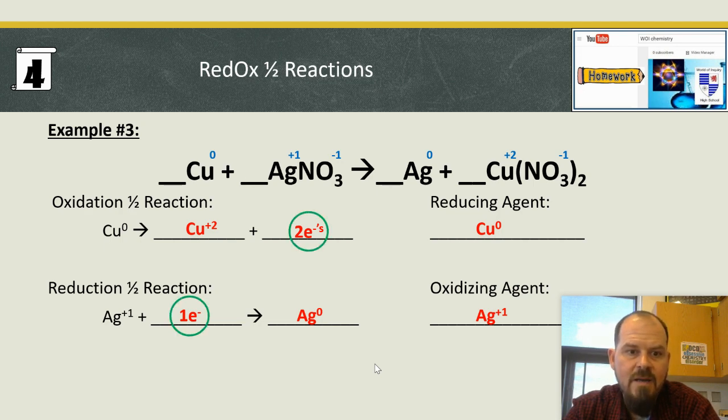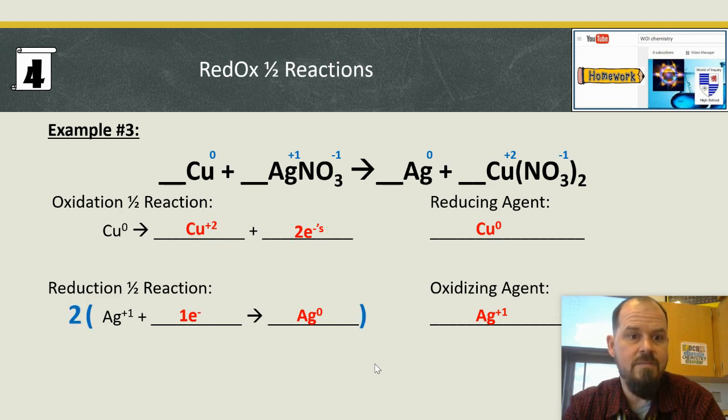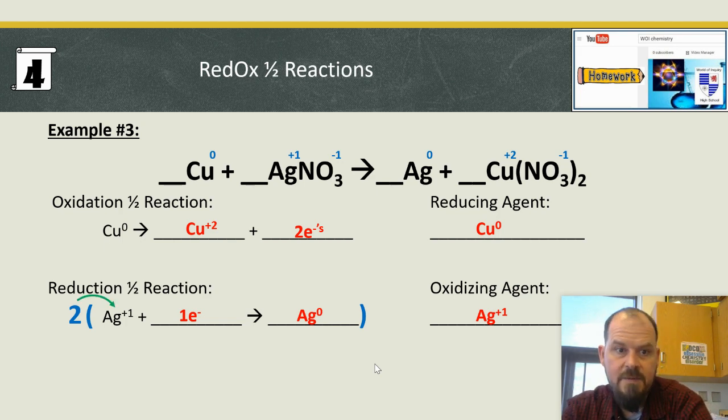So what we do is we just take this reduction half reaction. We take the whole thing because those two things don't jive. We just take the whole thing, put parentheses around it, and multiply it by 2. So now it's going to be 2 Ag +1s, right? Well, that means I need a 2 in front of the Ag +1 on the reactant side. And I'm going to make it 2 electrons, bang. And I'm going to have to put a 2 in front of this